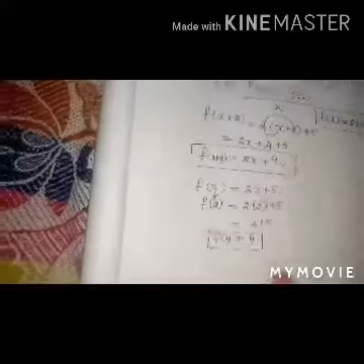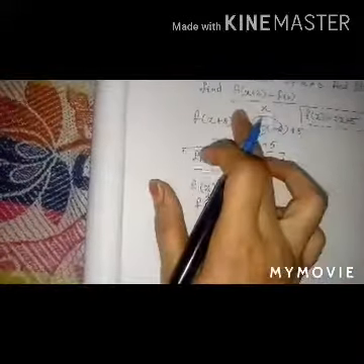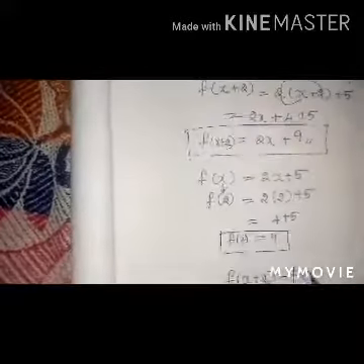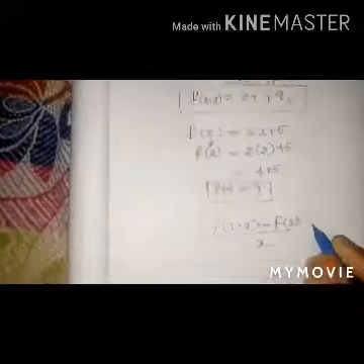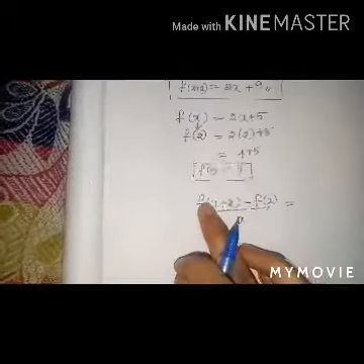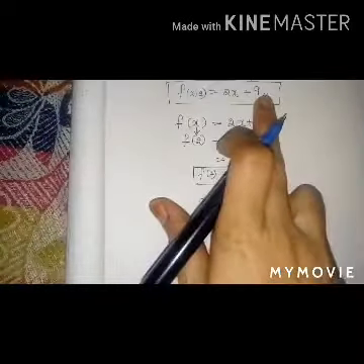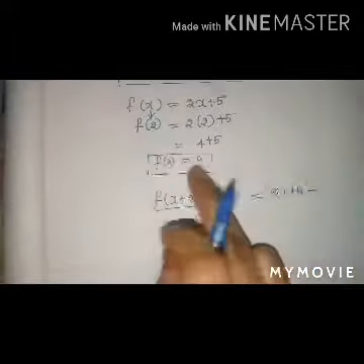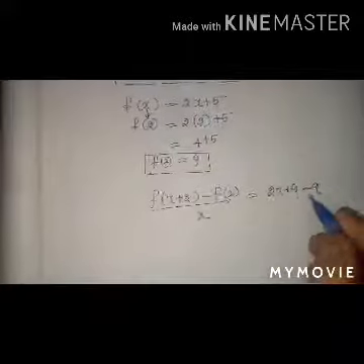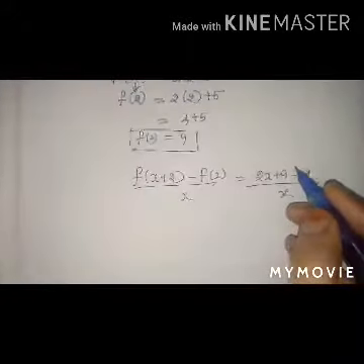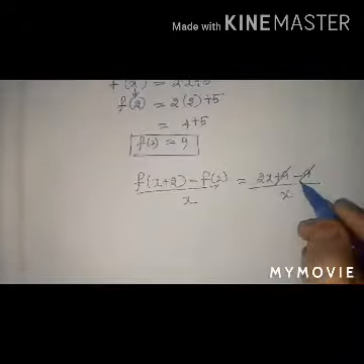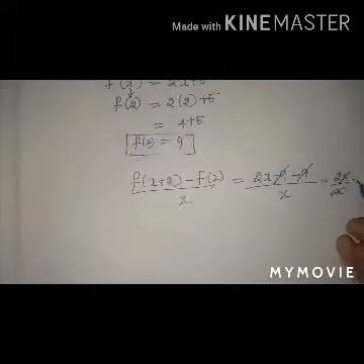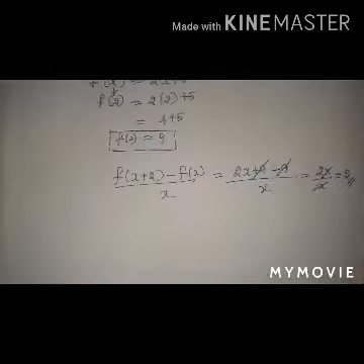Now let us substitute these two functions in our given term. f of x plus 2 minus f of 2 by x. Substitute the value of f of x plus 2, 2x plus 9. Substitute here 2x plus 9 minus f of 2, which is nothing but 9, by x. We can cancel this plus 9 and minus 9. 2x by x. Again we can cancel this x and x. Then we get the answer as 2. That's it.